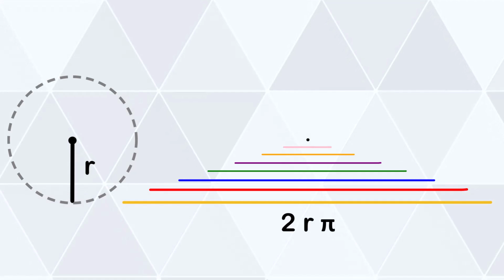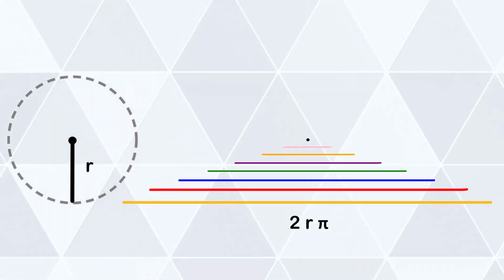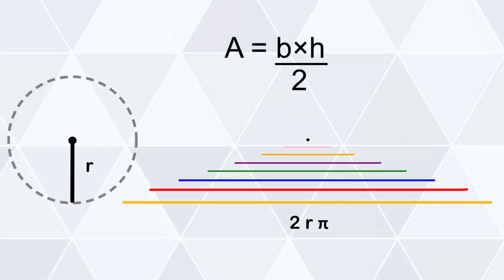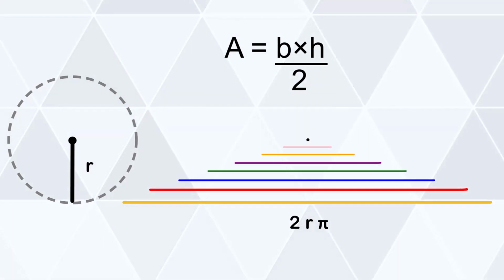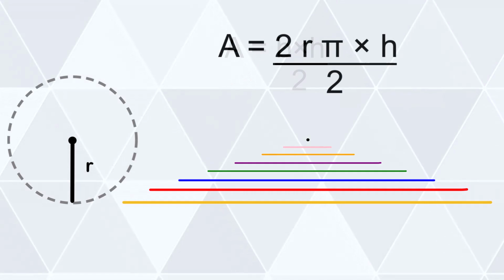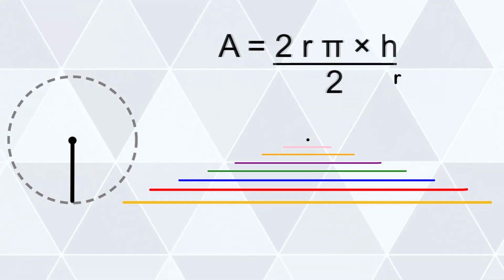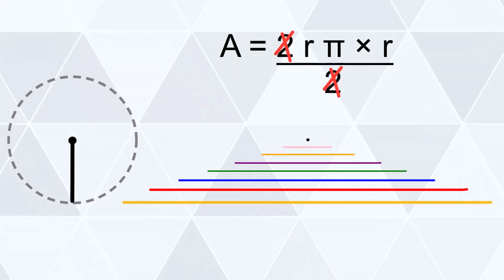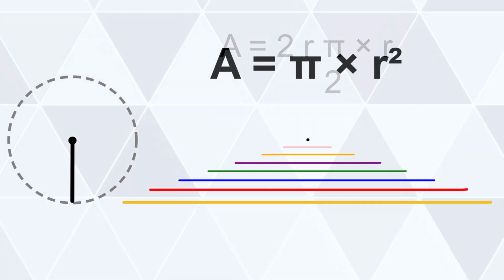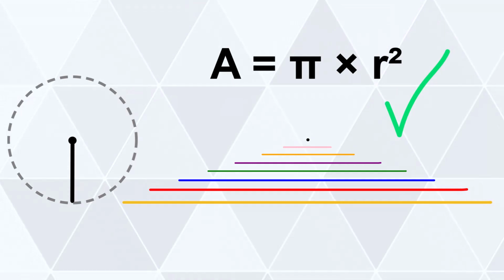These two parameters are precisely what we need to calculate the area of a triangle, since the area of a triangle is equal to the product of the base and the height divided by 2. Substituting 2 times r times pi as the base and r as the height gives us an equation as shown. Dividing out the 2's and multiplying the r's leads us back to the familiar formula A equals pi